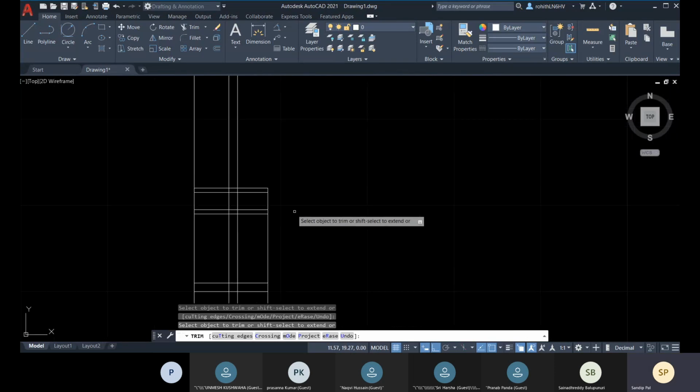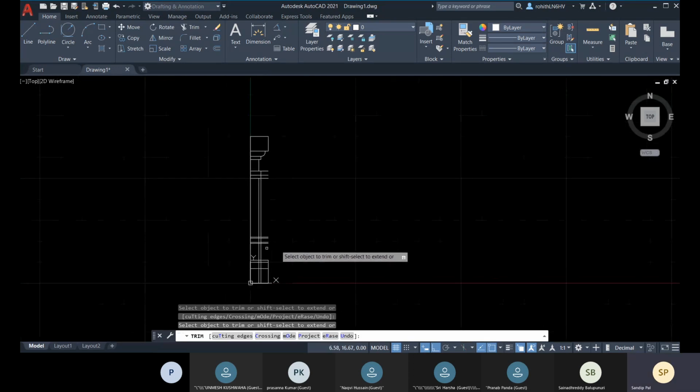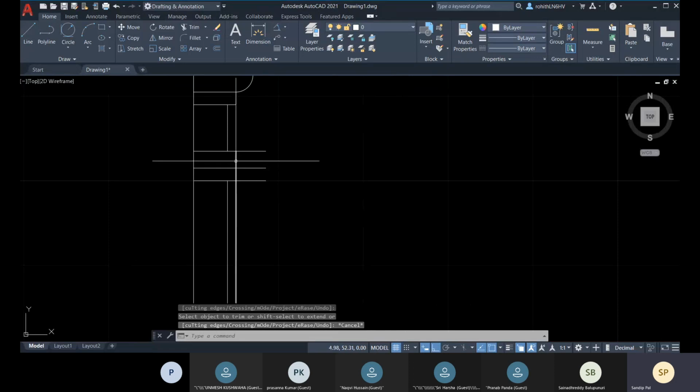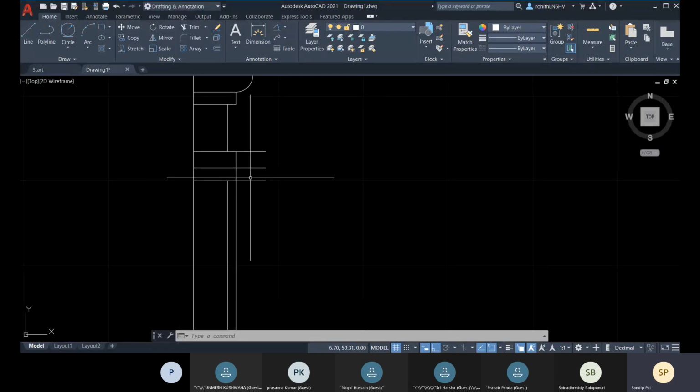Okay, so you can delete these parts. So no, I'm not deleting it. I'm trimming it actually.